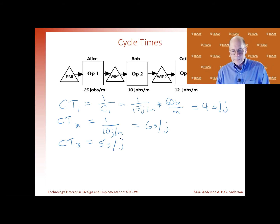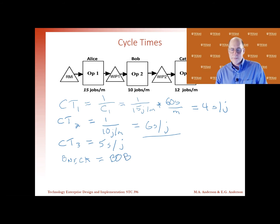Now, we can also find the bottleneck this way if we look at the cycle times. In this case, every operation has a resource. The resources don't share any operations, and hence, when we look at Bob, Alice, and Kathy, we notice that Bob has the longest cycle time associated with him. So again, the bottleneck is Bob because this process is never going to move faster than 6 seconds per job,